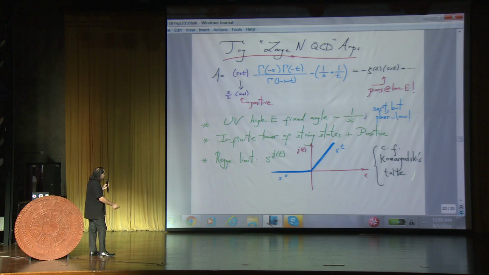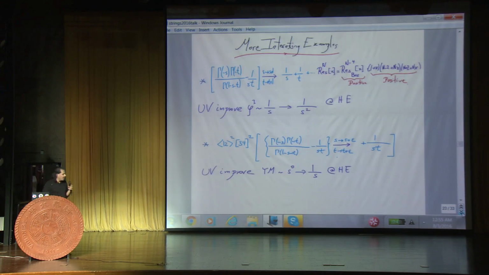One of the things that they stress in their work is that if you look at the Regge limit at very large s for fixed t, you go like s to the j of t, and j of t can't just look like a straight line forever. And here we see that very explicitly in this trivial example. It looks like a straight line until this term dominates and it turns into a flat line. Okay? So that's a toy example of a